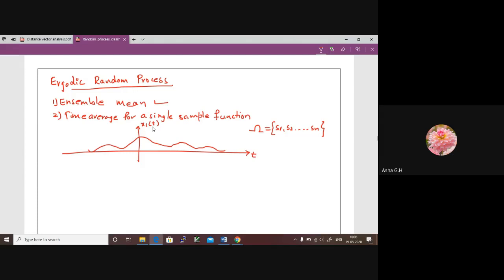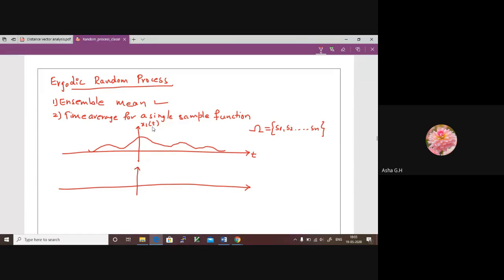Okay. Now you can take any example. You can take any random example of finding out, say for example, I have measured some parameter on day 1 and this is the graph I got with respect to time. Say for example, temperature, or some stock prices on day 1. This is a measurement for some sample point S1 over time.